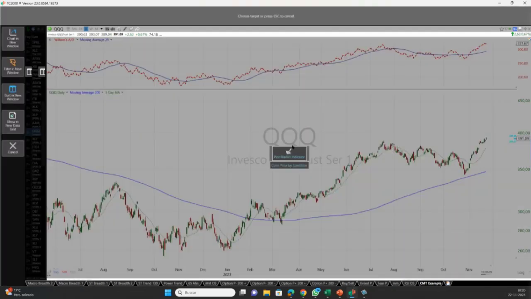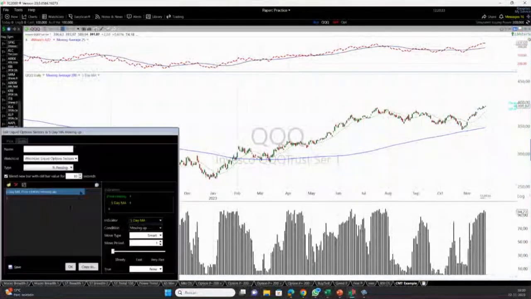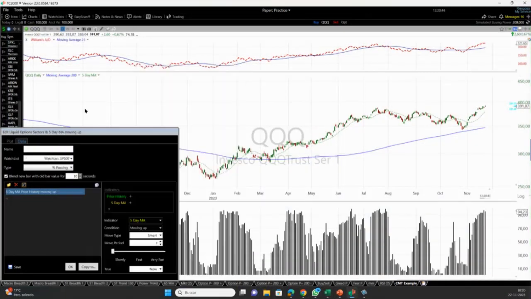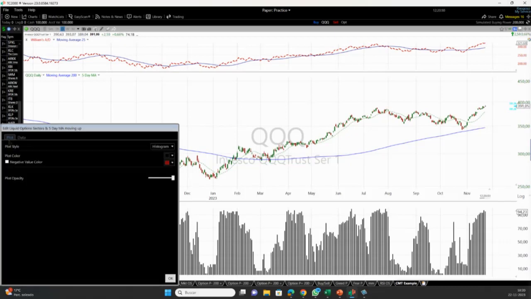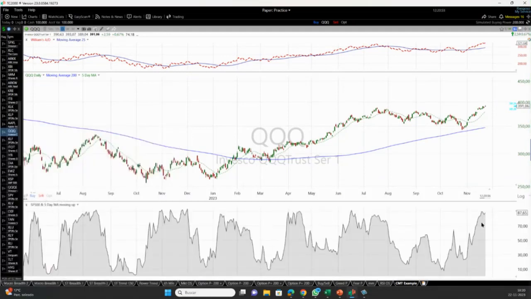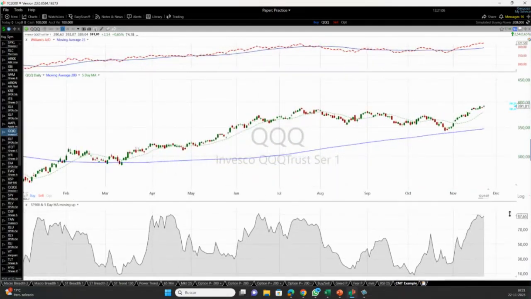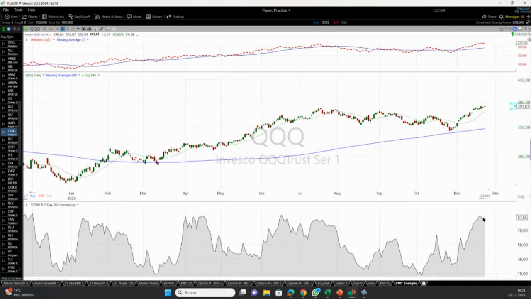So I'm going to put it here. You can also select the universe of stocks you want to run this condition in. It can be a lot more complex than this. This is an example, but I want to start with something simple. So I'm going to use the S&P 500 stocks, and I'm going to plot this as an area. So here we get, this is breadth now. This is a percentage. For example, right now, we have 87% of the S&P 500 stocks with an uptrending 5-day moving average.